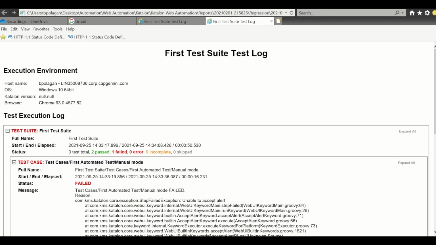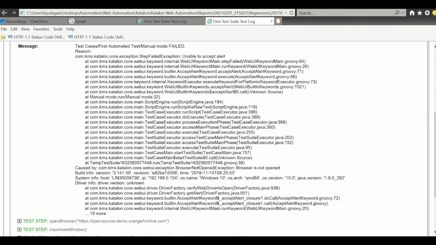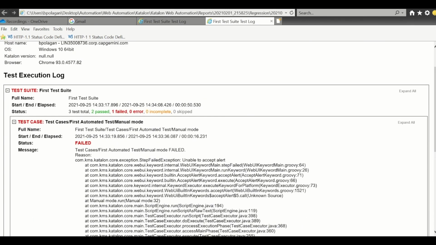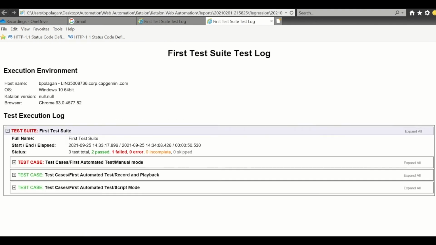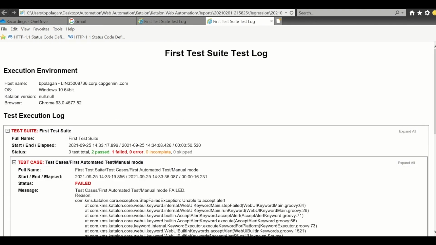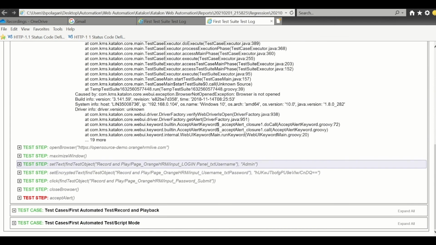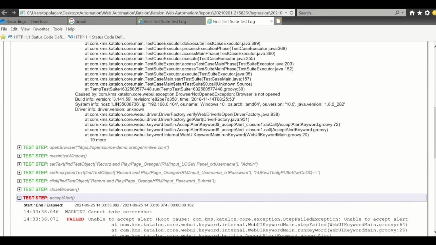The first test case has failed, and it failed because it is not able to accept the alert. So you can see what it has failed on, and you can see the step as well. See, the last step has failed. Again, you can see at this level also what the failure is: unable to accept the alert.